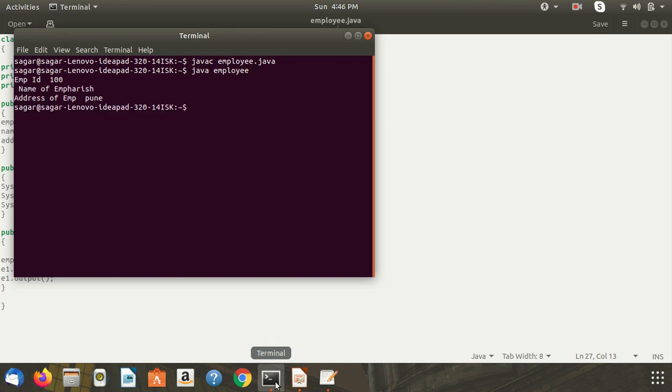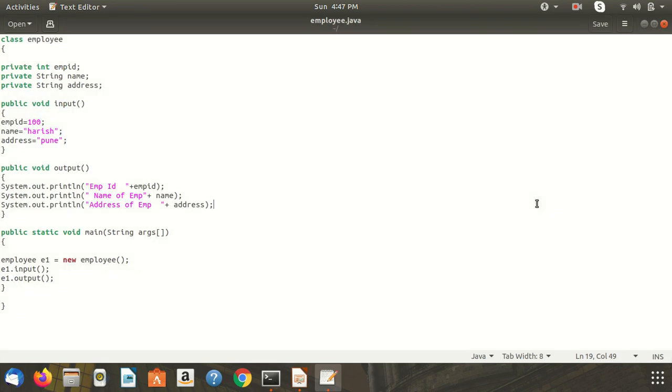It will print the emp id, name and address of the employee. In this way, we have discussed the different access specifiers available in the Java programming language that are used to restrict the access of different elements in the programming language.